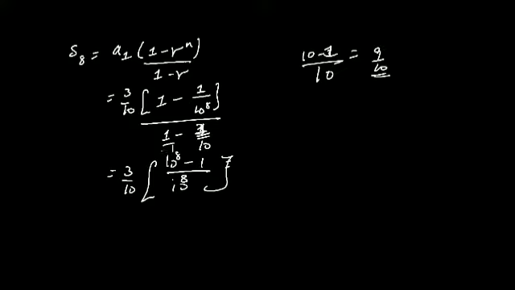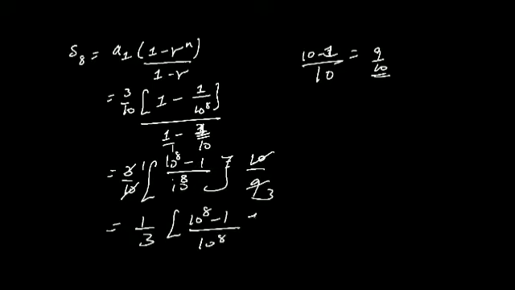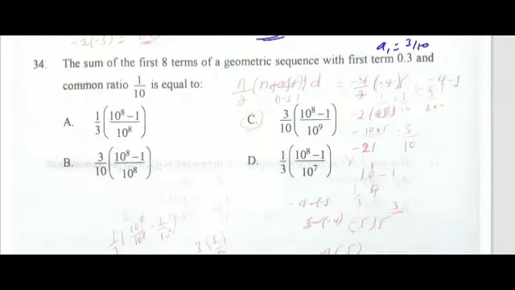ስለዚህ 9 over 10 አግኝተናል። እዚህ ጋር ብናስገባው ኢንቨርሱ ምን ይሆናል ማለት ነው 10 over 9 ማለት ነው። then by 10 እቺኛው ማጥፋት እንችላለን by 3 1 by 3 ማለት ነው this is equals to 1 over 3 into 10 the power of 8 minus 1 over 10 the power of 8 ማለት ነው። እዚህ በዚህ ፎርም መጻፍ እንችላለን። ይሄኛውን ደግሞ የምናገኘው የቱ ጋር ነው ልክ a ላይ ያለው ነው ማለት ነው። a ላይ ያለው ሶሉሽኑ ነው ማለት ነው።